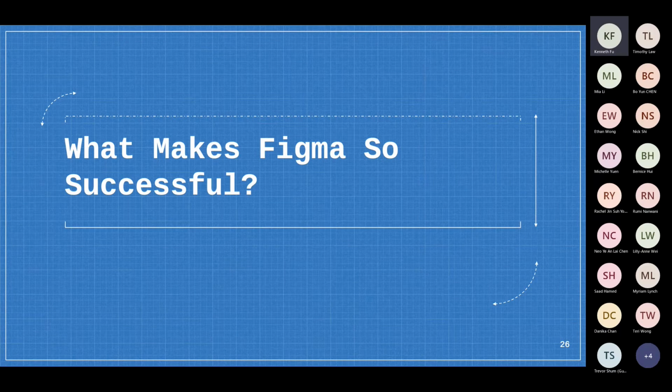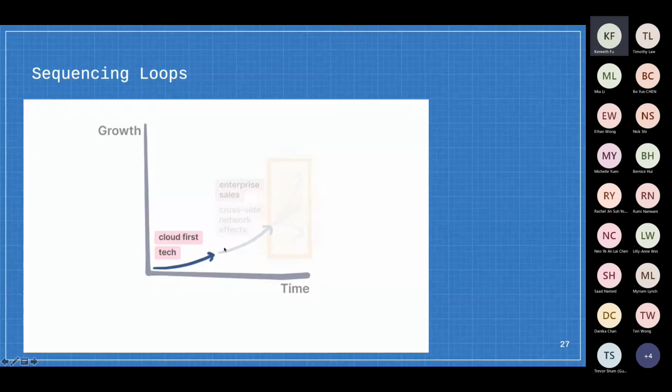So what exactly made Figma so successful and how did they get here? So if we look at many companies in this industry, companies are really a sequence of loops. So if we go to the next slide, you can see there are 3 stages that companies go through. So first, you go through the cloud first and tech side. Then you go to the enterprise sales and cross-site network effects. And lastly, you go into